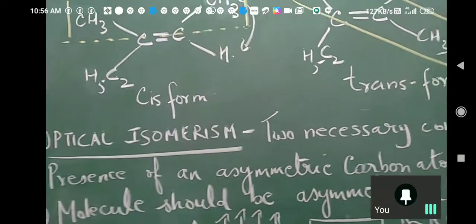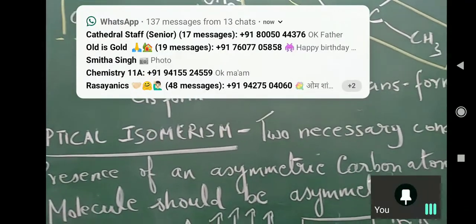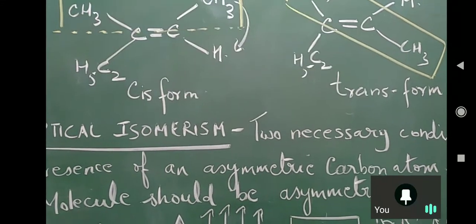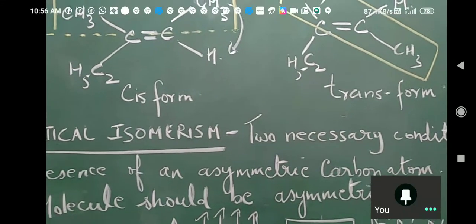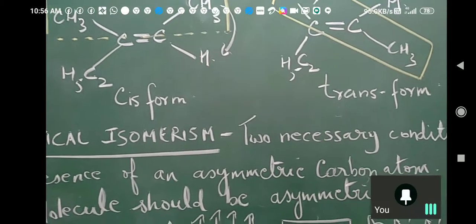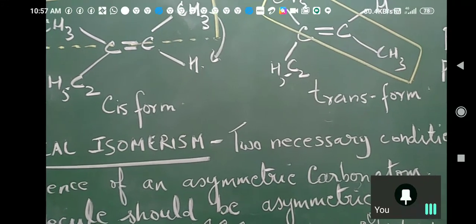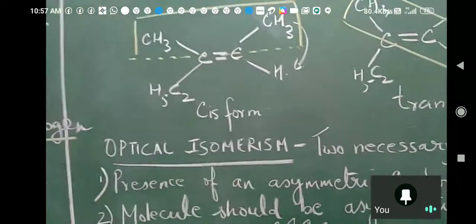Asymmetric means the carbon atom whose all four valencies are satisfied by four different atoms or group of atoms. Four different atoms or group of atoms. Okay, all right. Now see,